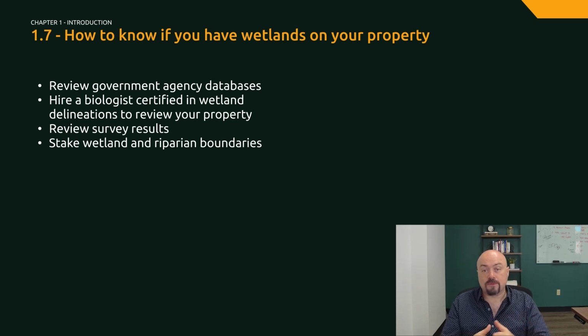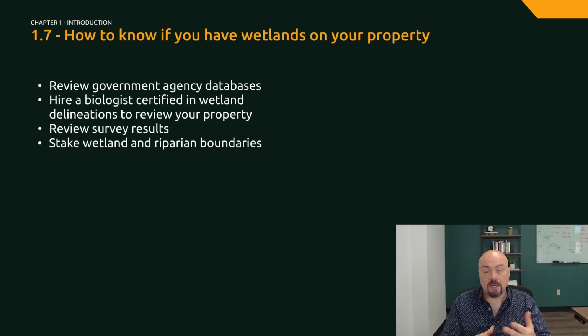Well, you can start by reviewing government databases, such as the National Wetlands Inventory, which approximates where wetlands, streams, lakes, ponds, and other water features are located based on aerial photography and government agency data that they collect through permitting. It is not exact, but it does show where water features are approximately, and if it shows a water feature on your property, you will at least need to have documentation to prove that it is not there, or the